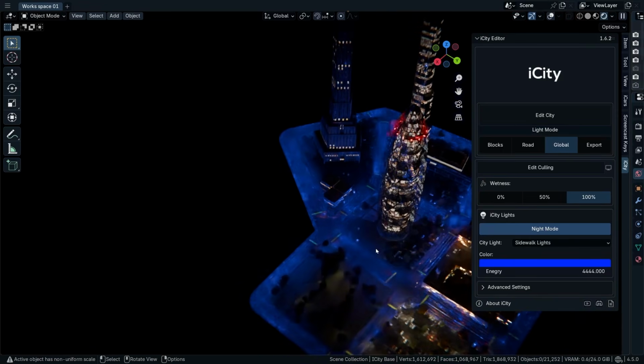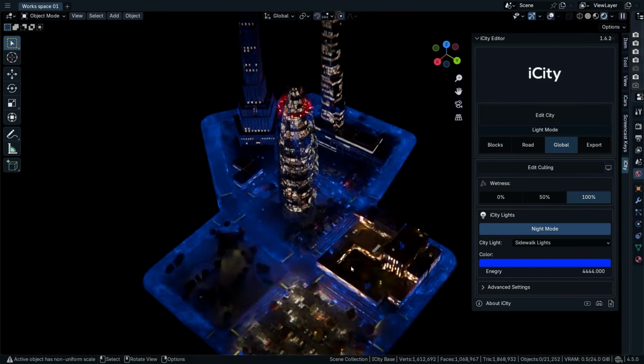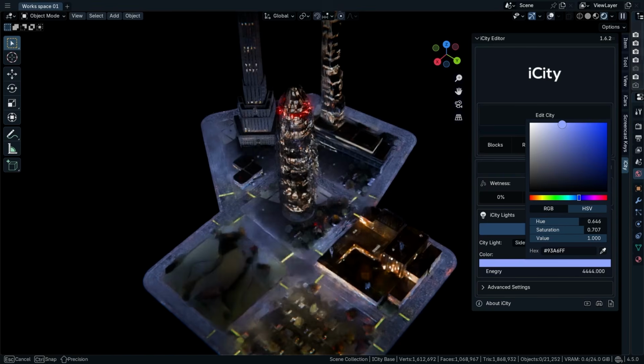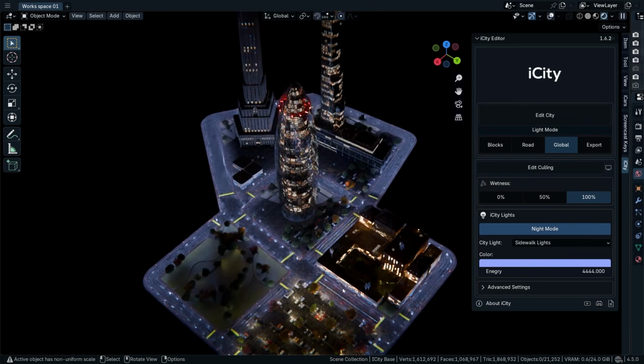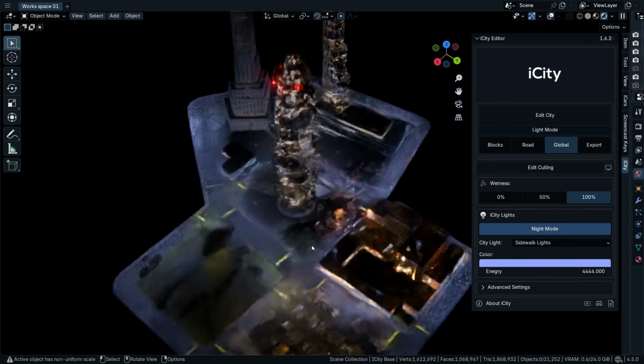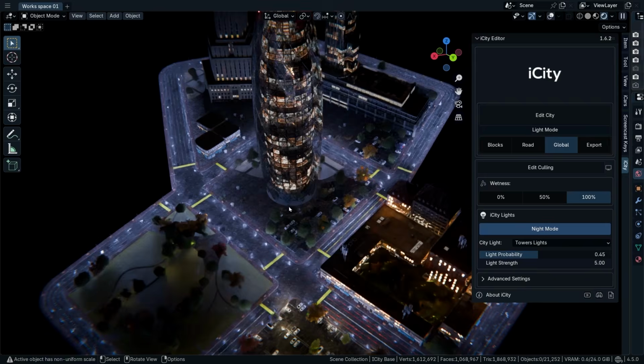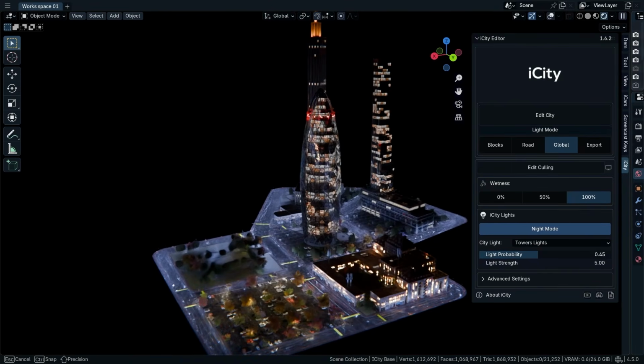Okay, so you can see the city now. I think Paris does have the blue lights like this, but not with the yellow crosswalks. I'm not pretty sure. Then you have the tower lights, where you can control the probability,